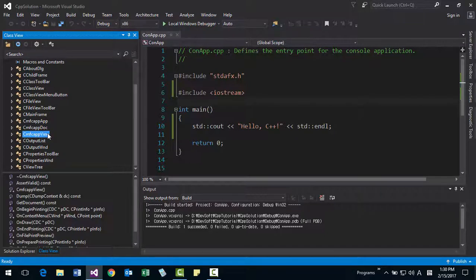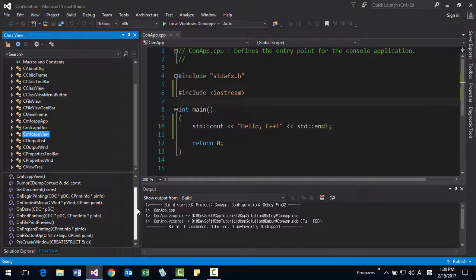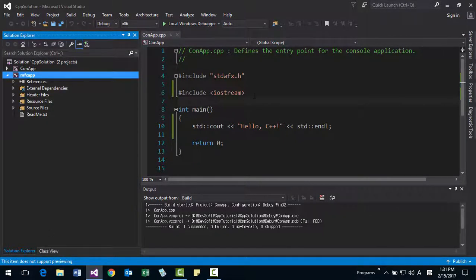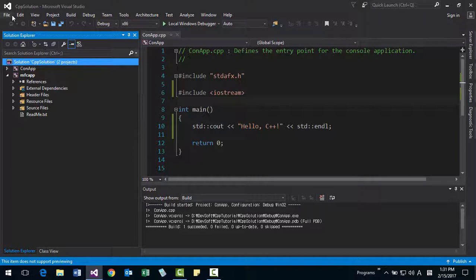We can change some settings here, for example, like this. I will demonstrate the details of how to use the Visual Studio user interface in subsequent videos. I think this is good enough for our session, and this is our first Visual C++ program. The most important thing you have to remember in this session is that Visual Studio can load only a single solution. We can close the solution,